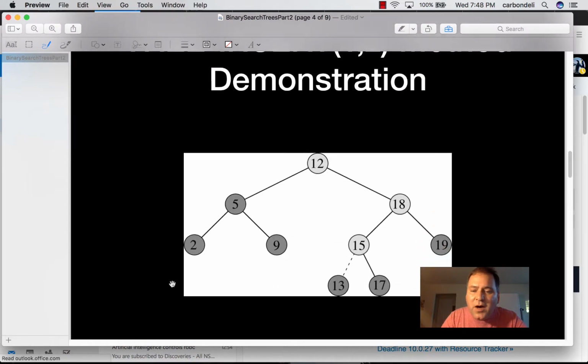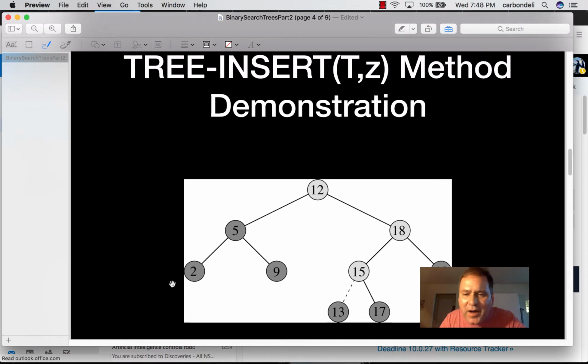And so here, take some time to explore the reading. This figure is actually reproduced directly from CLRS, and it's one of the figures in the reading on binary search trees. And this slide demonstrates how we would perform the insertion of 13 into this binary search tree, which you see